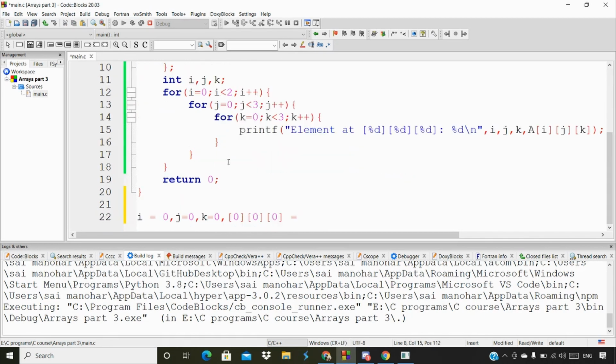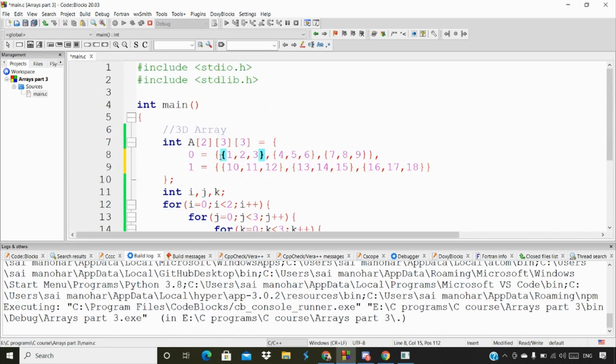So we have to look into this particular 0, which means this is the first row. We're going to look into this first row, and this is the 0th row, first row, second row. Because an array always starts from 0, we're going to start from the 0 only. So here we're going to consider a 0.